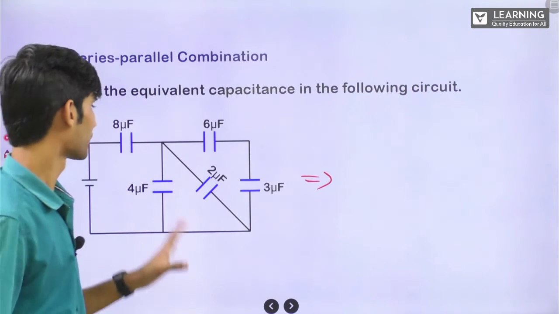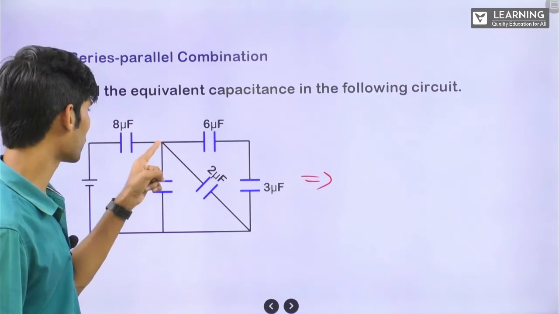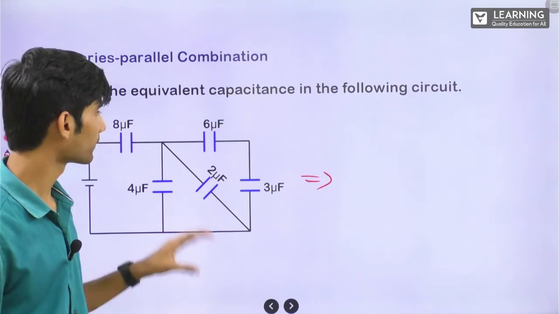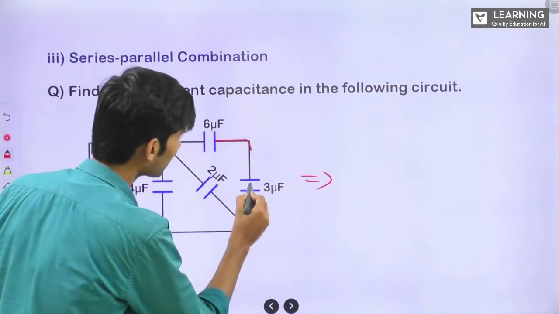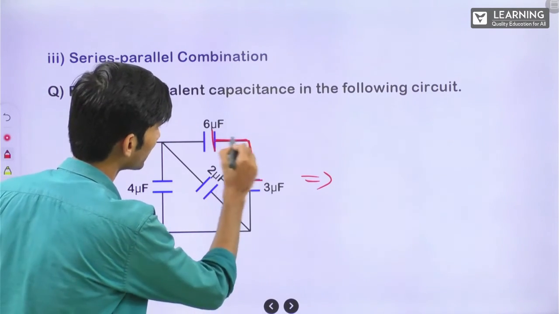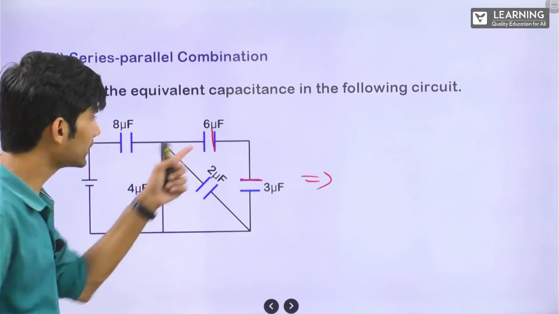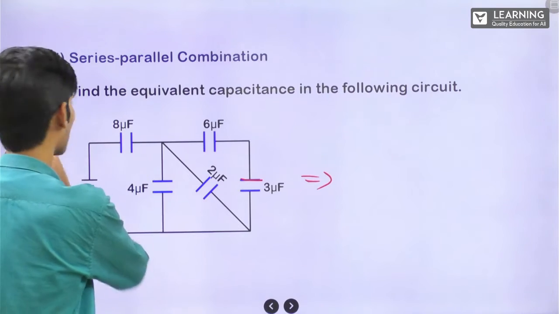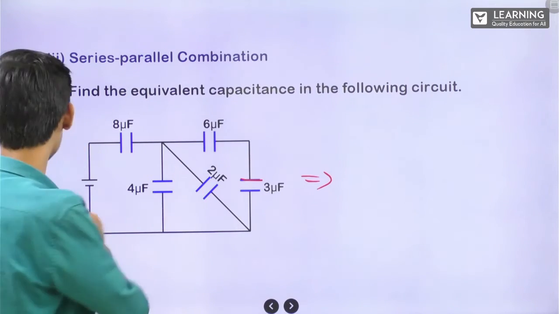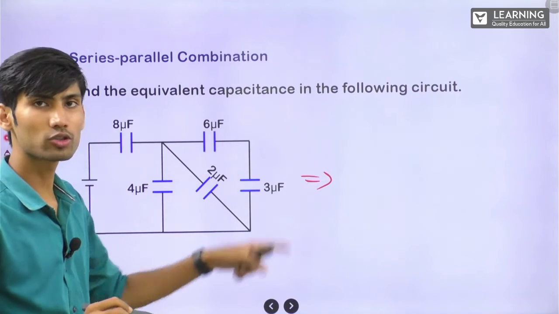First, we'll see which one we can solve. Here once we go, this again it is distributed in 3. But this and this, if you see, they are connected with one wire. This plate and this plate is connected with one wire, right? So these two are in series. These two are isolated plates, correct? These two are in series. So if these two are in series, we can solve these two first.